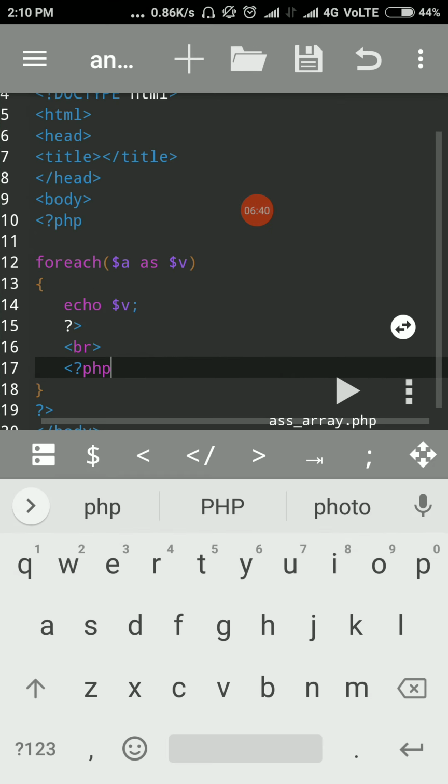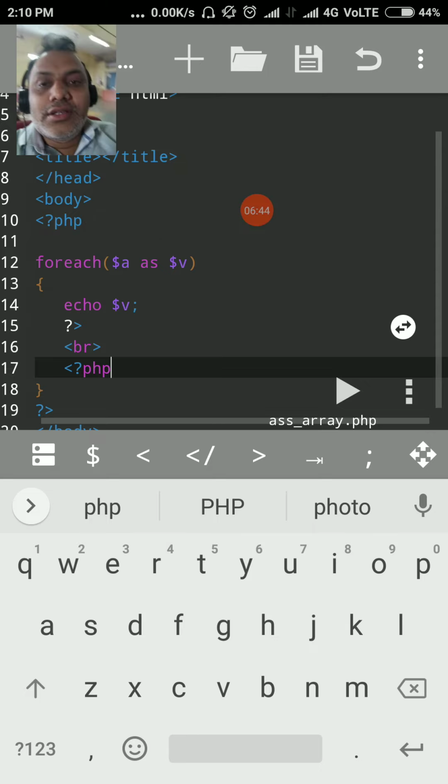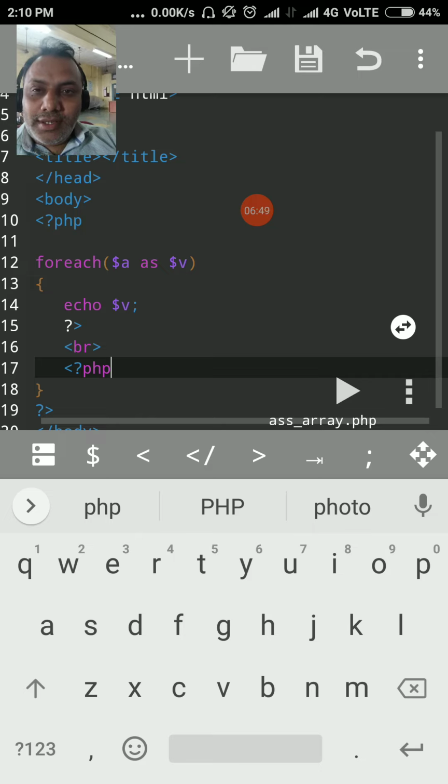I hope you got it. If you want to display an associative array one by one, that time we use the foreach function. So why do we use foreach, sir? Where do we use it?